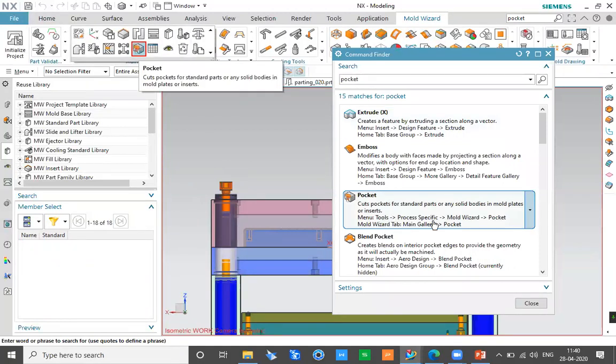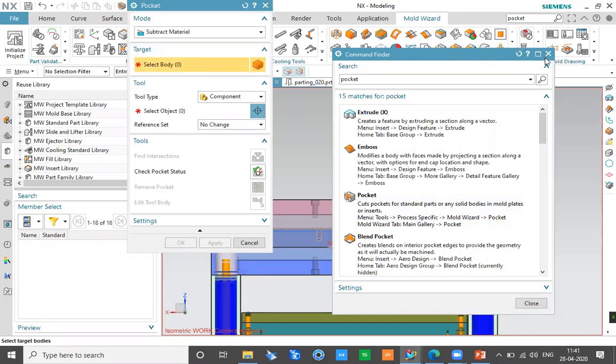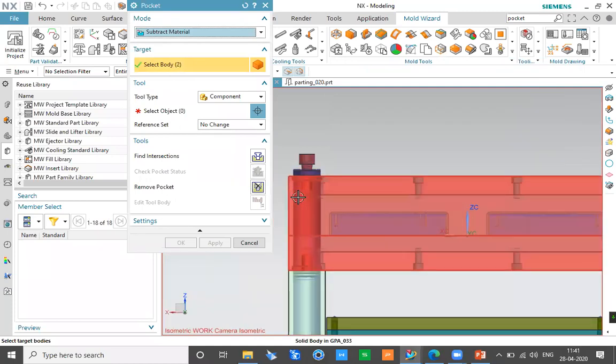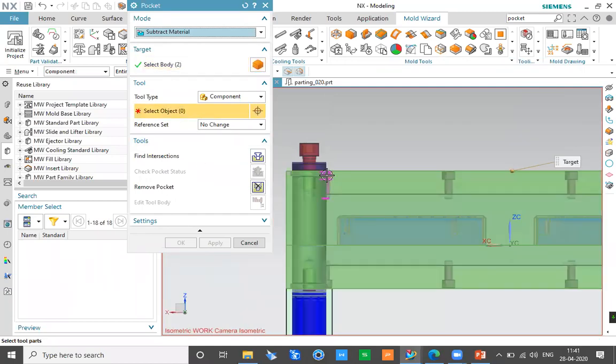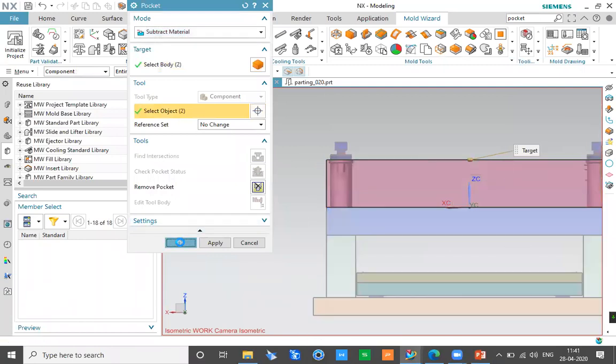Okay, so we have the command here. So I'll just click on the pocket command here. So this is the basic pocket command. And then I can decide which bodies to be subtracted. Let's say I want these two bodies to be subtracted, the top and bottom plate for now. And what components to be selected. So I can just select one of the bolts and you can see all the remaining are getting selected. I can just click OK.